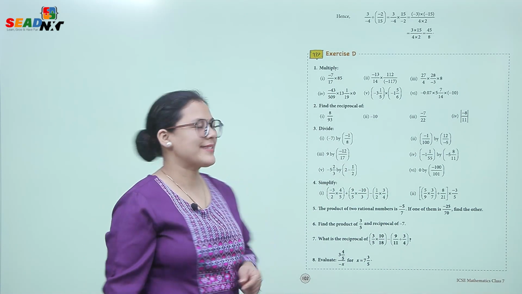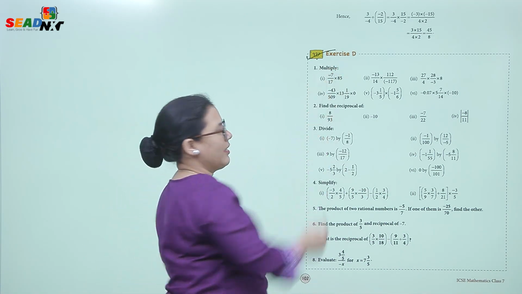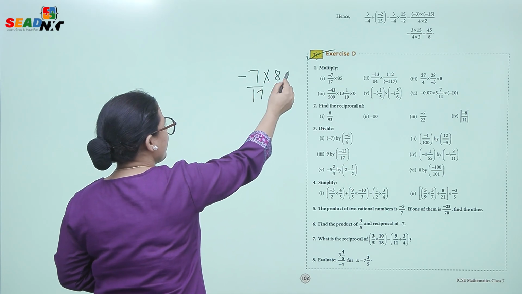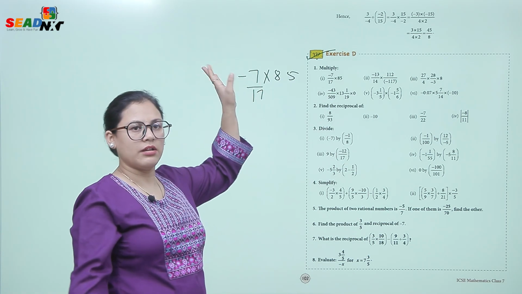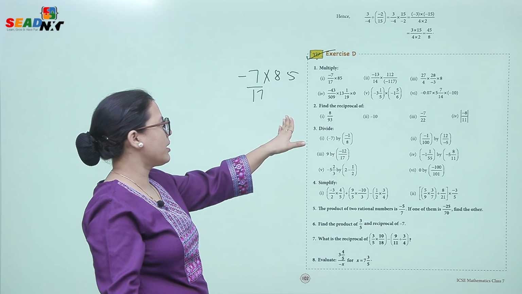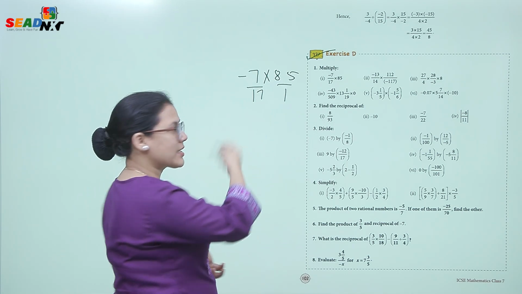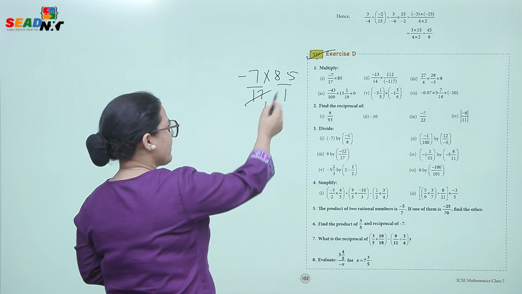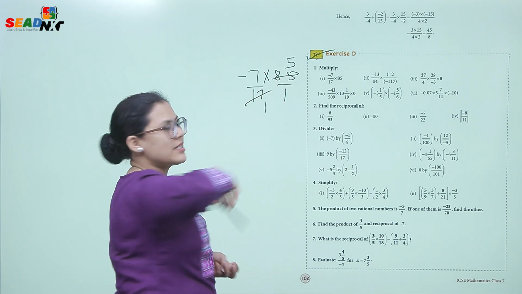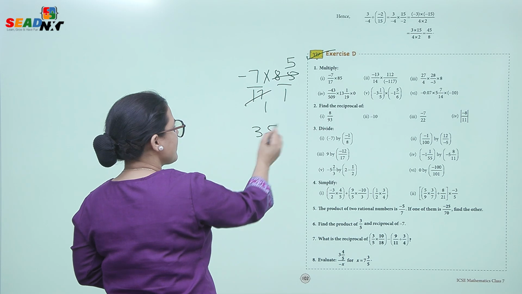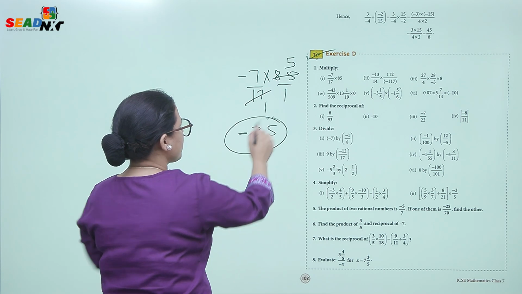Now let's do exercise D. Multiply minus 7 by 17 into 85. Okay, so we will multiply numerator by numerator, denominator by denominator, but there is no denominator. There is only one. So first simplify. 17 ones are 17, 17 fives are 85. Okay, and 7 fives are 35, and here we'll put a negative sign because there is a negative